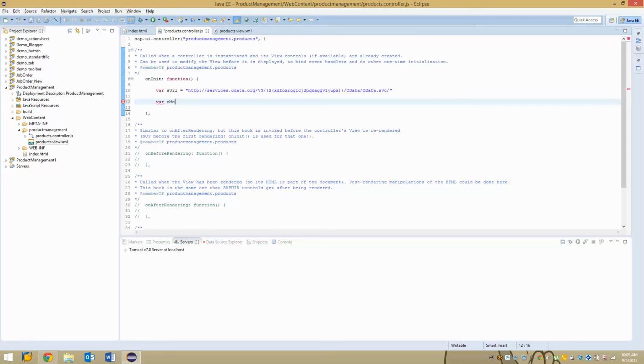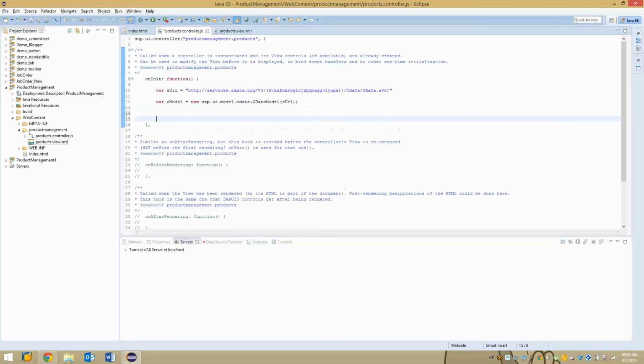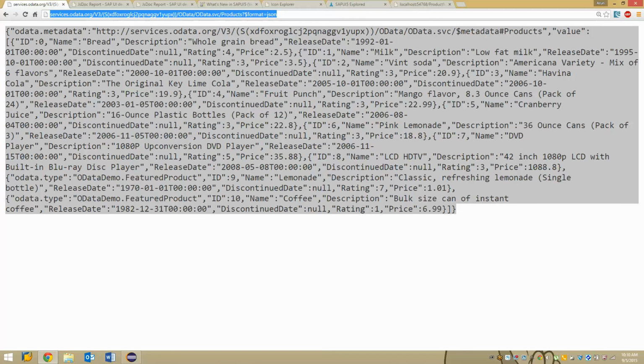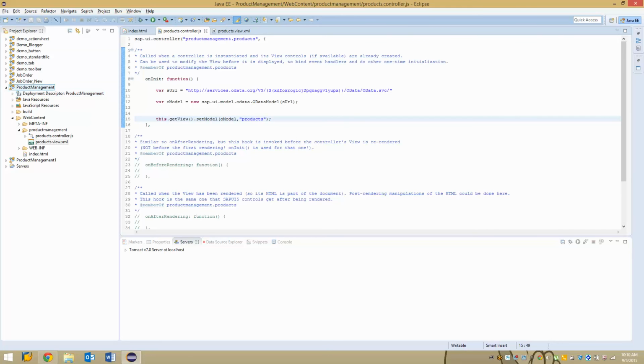So I have passed a service URL over here, and based upon the service URL I'm going to construct a model. So var oModel is equal to new sap.ui.model.odata.ODataModel, and to which I am passing this service URL parameter. Then I am just attaching this model to the view: this.getView().setModel(oModel, and I am specifying it with the name products. So now if I execute my application,